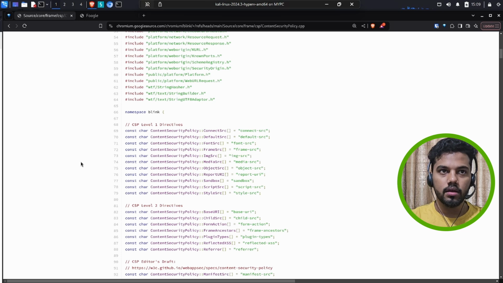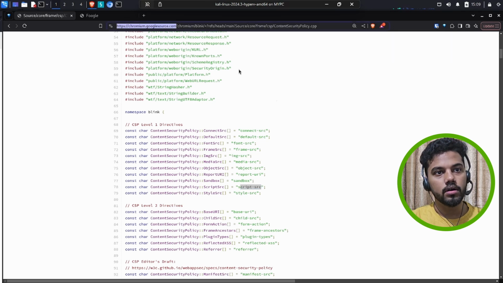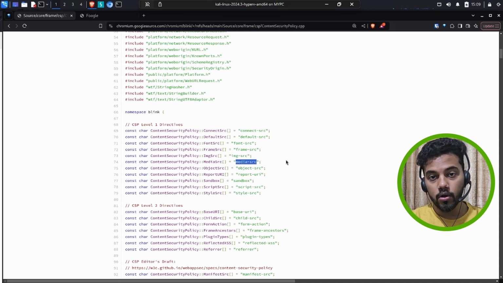That hey, the default source of all JavaScript should be from this place, or script source. All the script source should be from chromium.google.com, or whichever is your source website. Object source, media source. Are you loading any images, video, or any other media types? Image source specifically is there. Frame source,